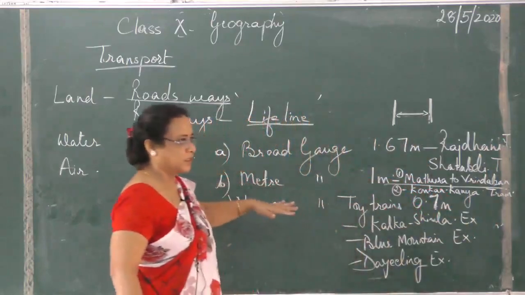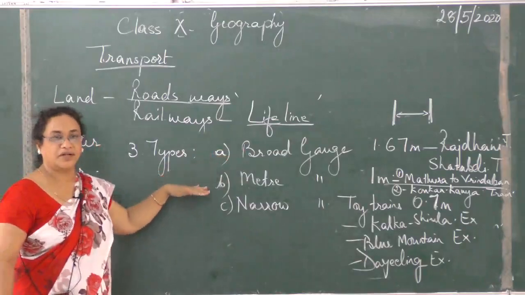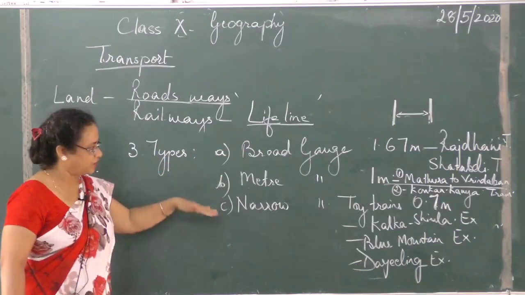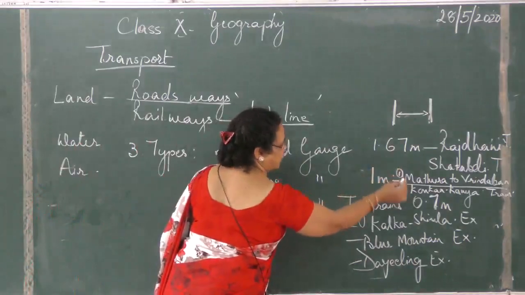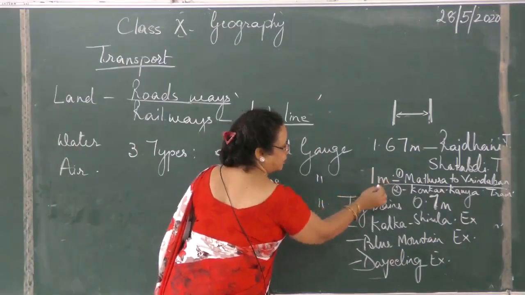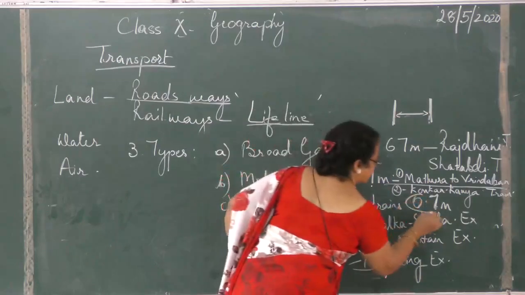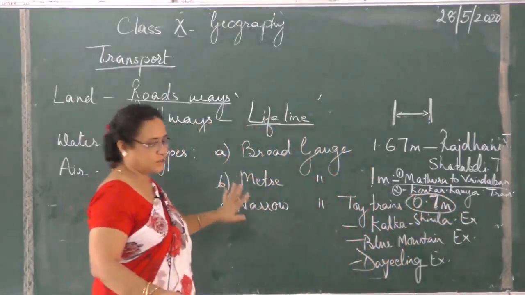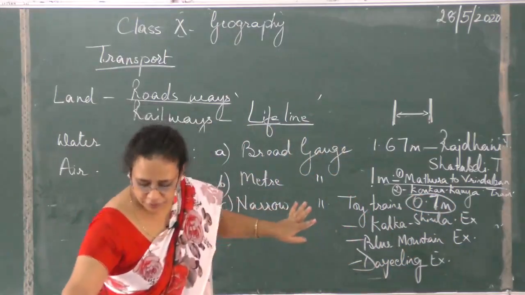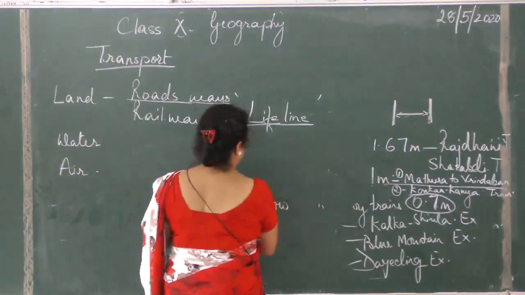This is how they ask. They will ask you what are the different types of trains or rails, and these are the 3 names you should be knowing with the distance between the rails which I have given you. 1.67 meters, 1 meter, and this is 0.7 meters. This figure is here with two examples. So under railways, this is one thing you should remember. We move on to the next about railways. Next point.